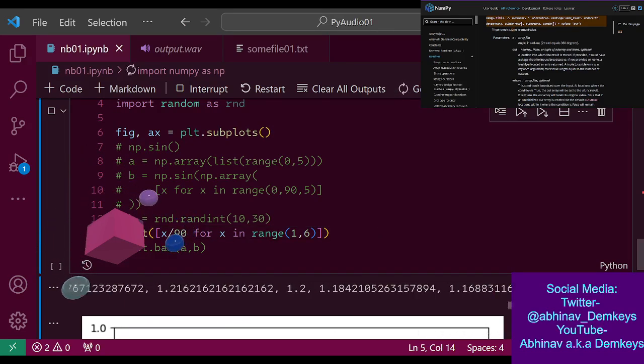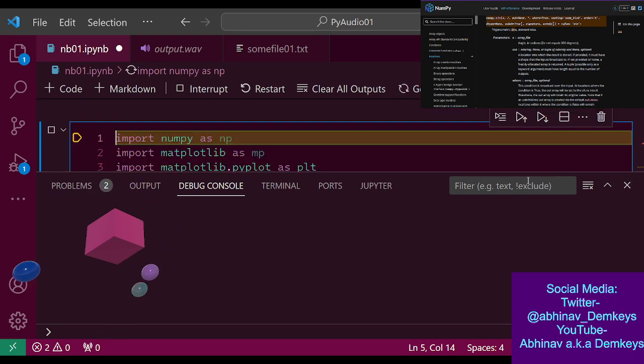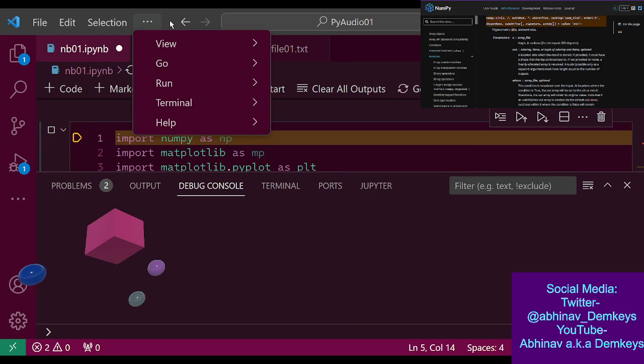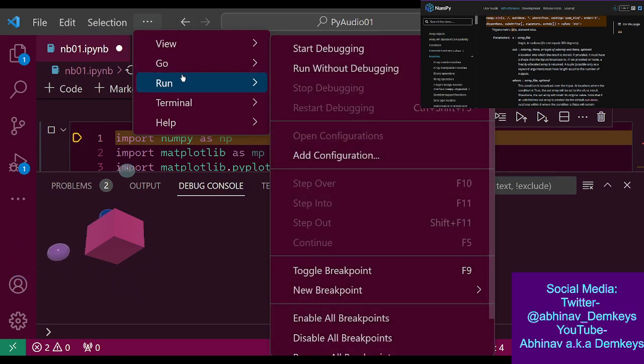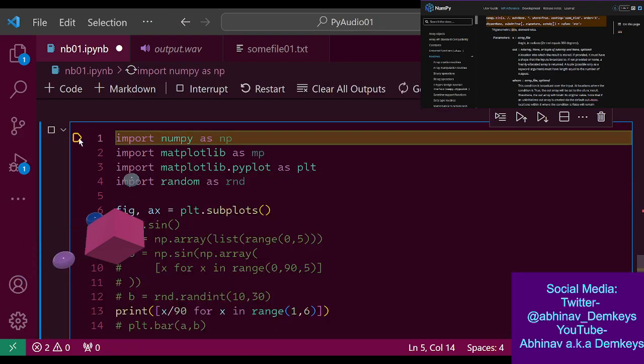Why is the result still big? Something happened. Oh no, I think I accidentally hit the debugger thing. How do I stop that? Just give me a second. What was it? F7 that I hit?